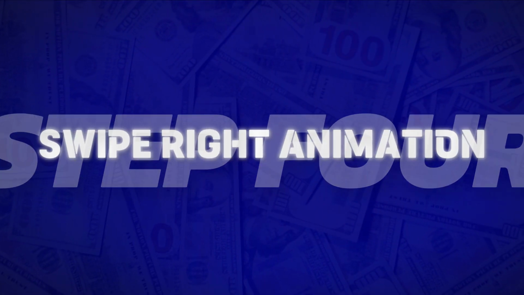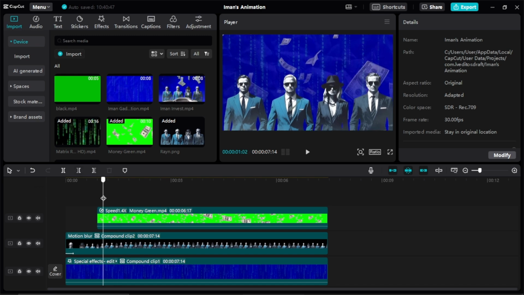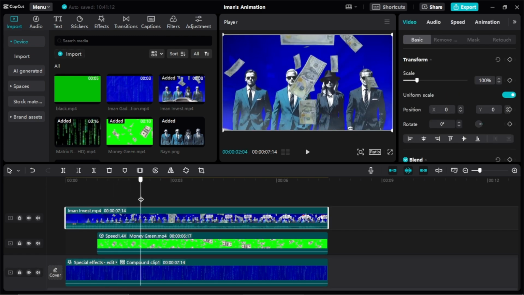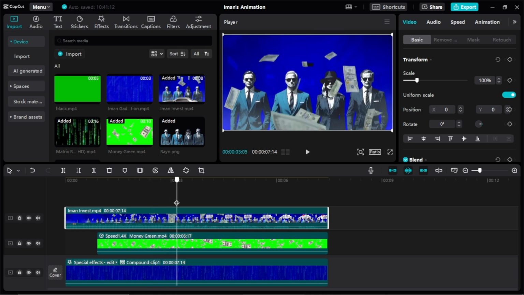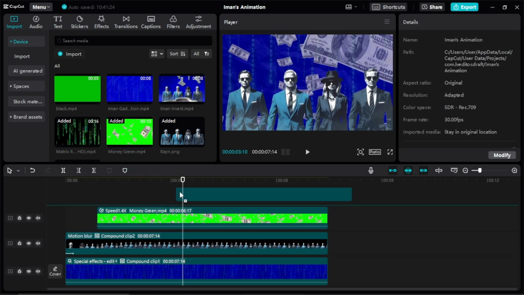Step 4. Swipe right animation. I have animated a black bar in Canva. The link is in the description. First, watch Iman's animation and note the starting point of the black bar animation. Drag the animated layer on the timeline